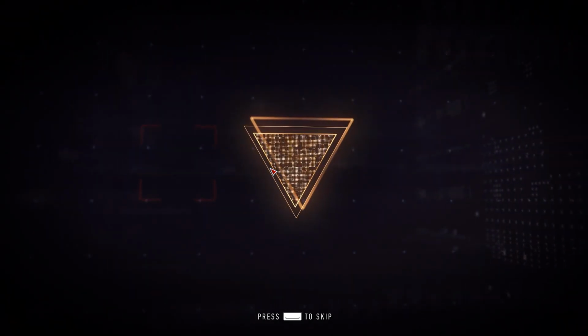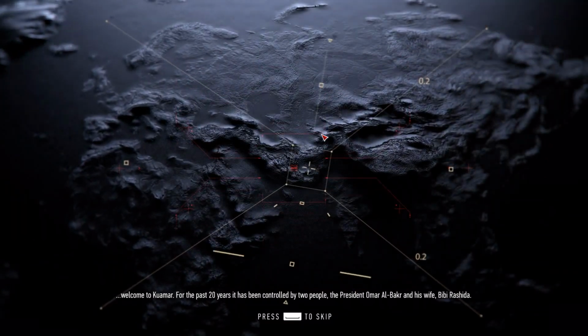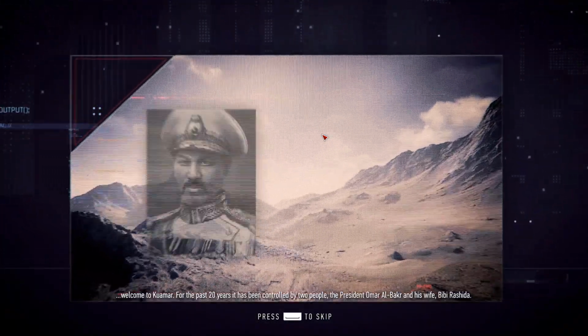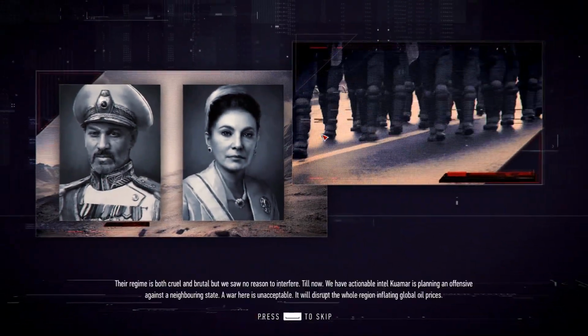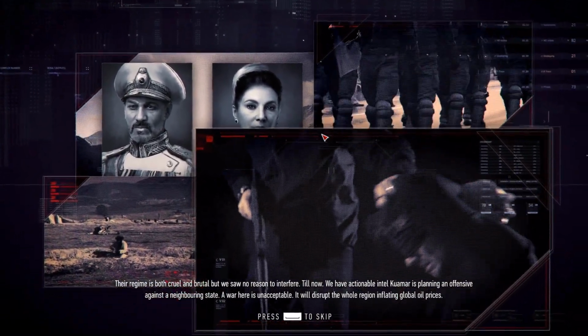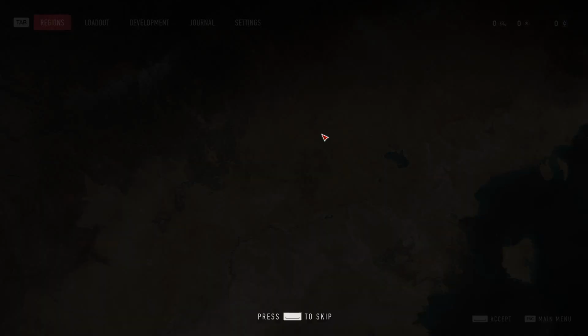Greetings, Raven. Thank you for accepting this commission, and welcome to Kuamar. For the past 20 years, it has been controlled by two people, President Omar al-Bakr and his wife, Bibi Rashida. Their regime is both cruel and brutal, but we saw no reason to interfere. Till now. We have actionable intel Kuamar is planning an offensive against